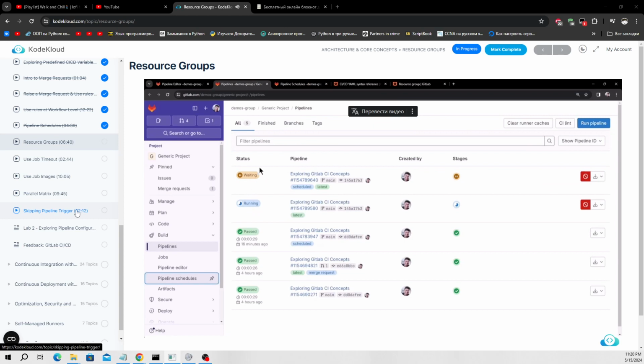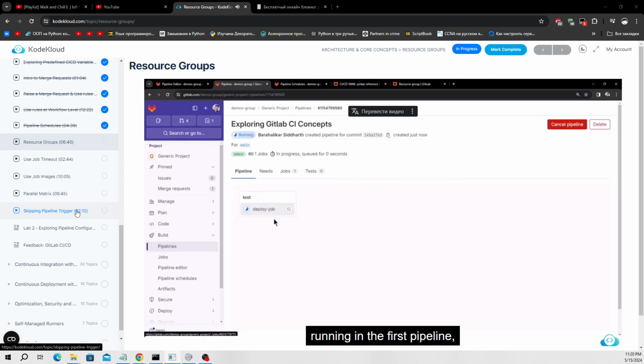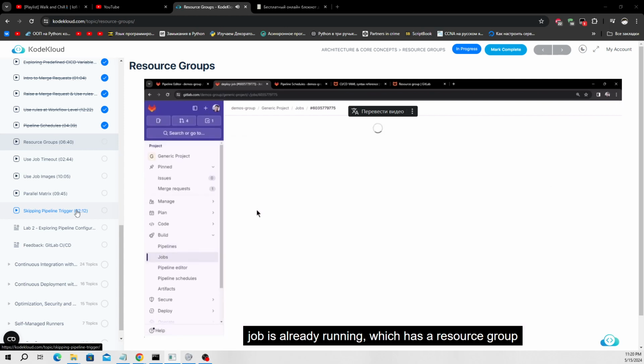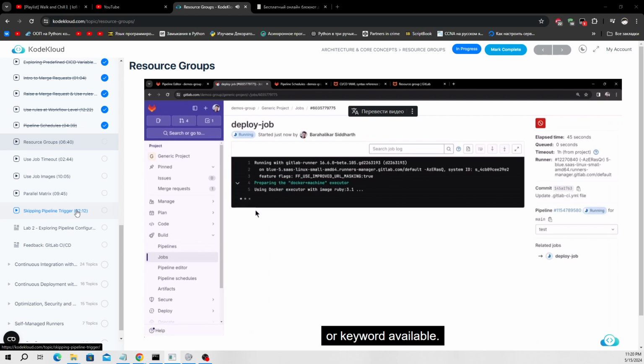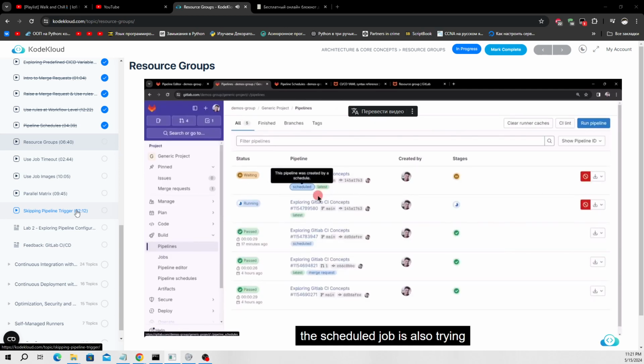is waiting. The reason it is waiting is the deploy job is already running in the first pipeline, which I triggered when I committed it to the main branch. So if you see, the deploy job is running. Since the deploy job is already running, which has a resource group keyword available, any other job or any other pipeline which is trying to run the deploy job will be in the waiting stage. So if I go back to my pipelines,